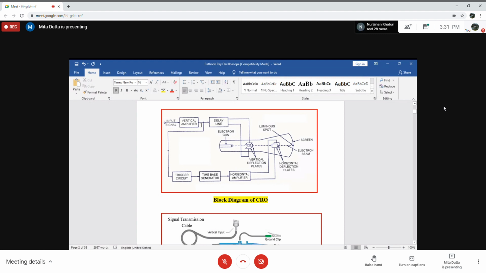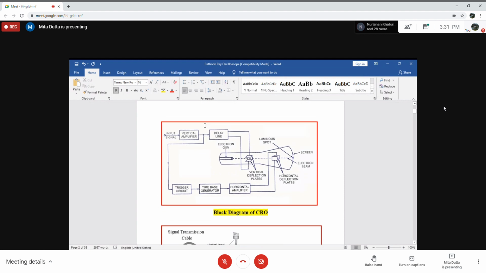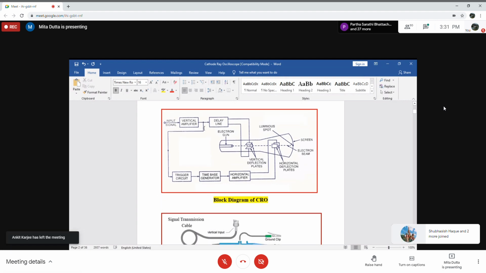This part of the vertical input signal, after being amplified, is applied to the trigger circuit, and the trigger circuit is used to activate the time-base generator, and the output of the time-base generator produces a sweep waveform,